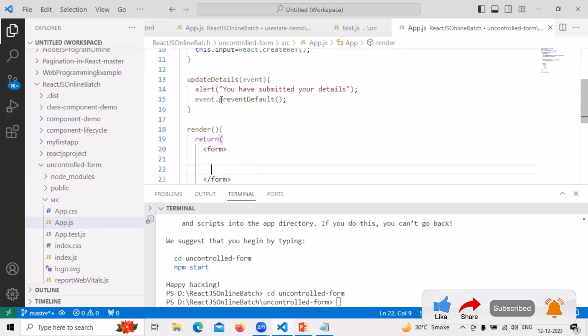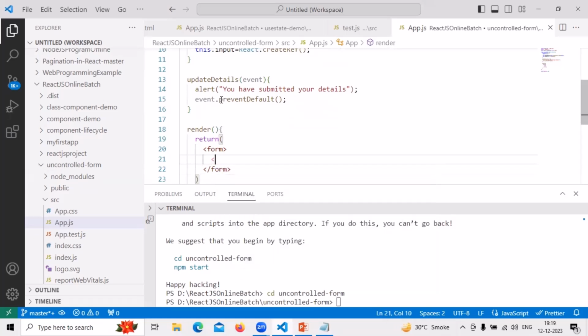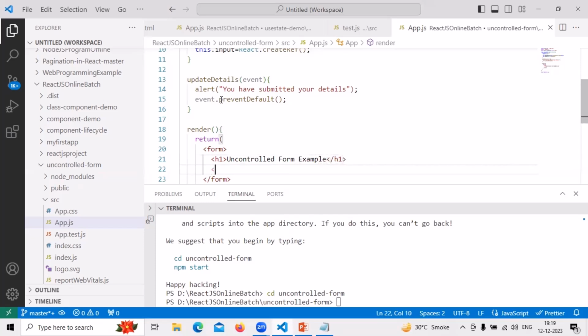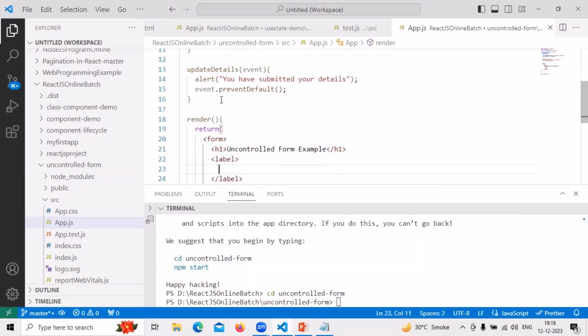And now in the form element, we have to define the h1 element. Here we can write uncontrolled form example. And then after that, we just have to create a label. And here we need to define the label name, enter student ID. Inside the label also we need to create the input field,